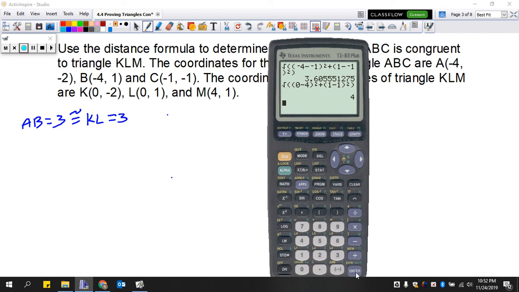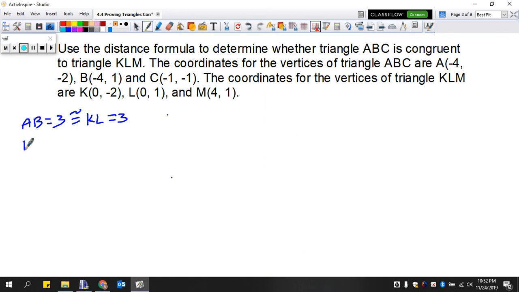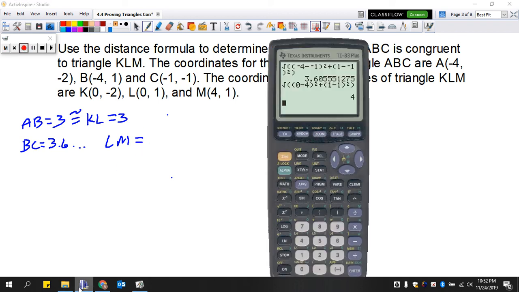And we notice here that the two sides are not the same. So we said that BC is equal to 3.6 and so on. Okay, and LM, we noticed that LM is